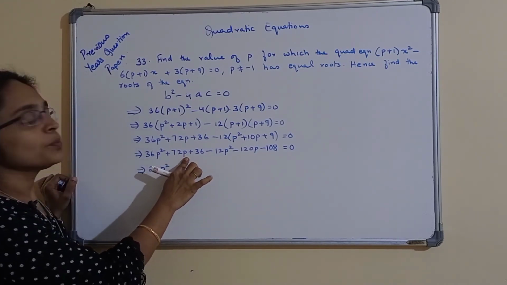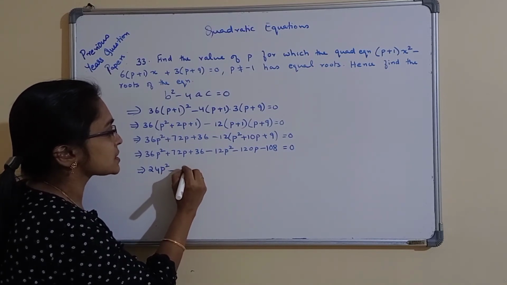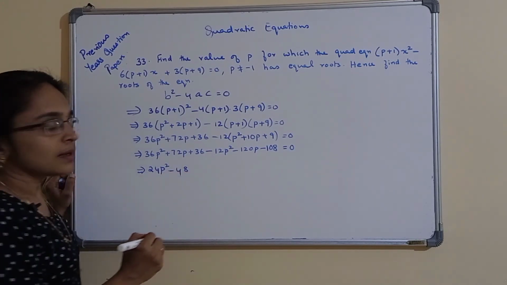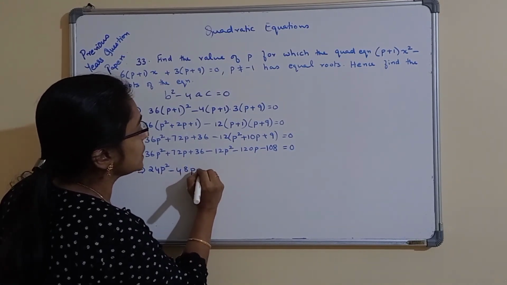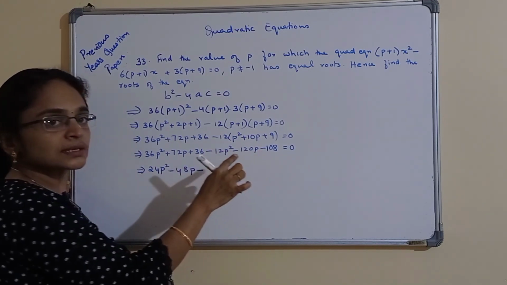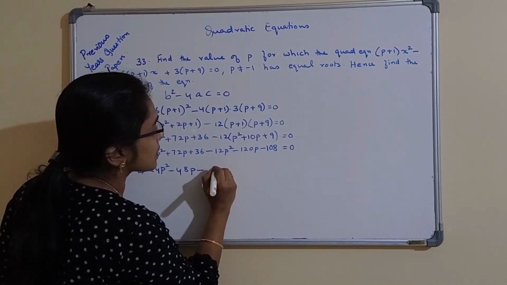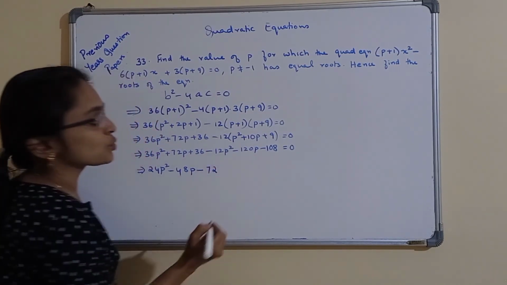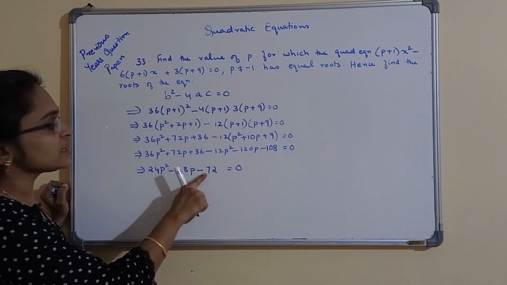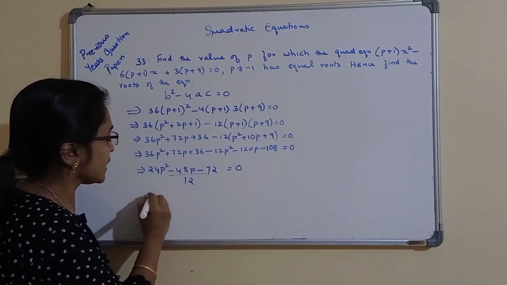Then 72p minus 120p is minus 48p, right? Then minus 108 plus 36 is minus 72. Minus 72 equal to 0. So, 12 is common in all these. We can divide all these by 12. So, we will get,